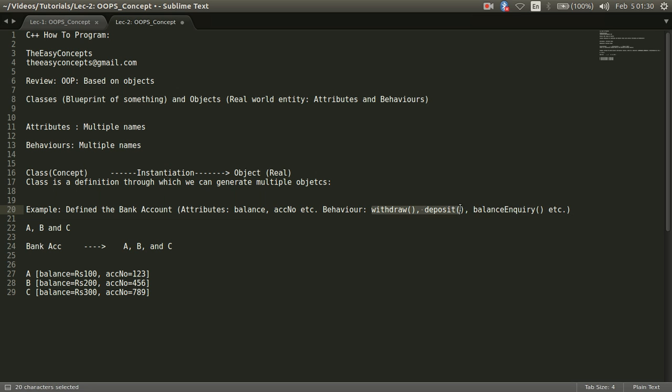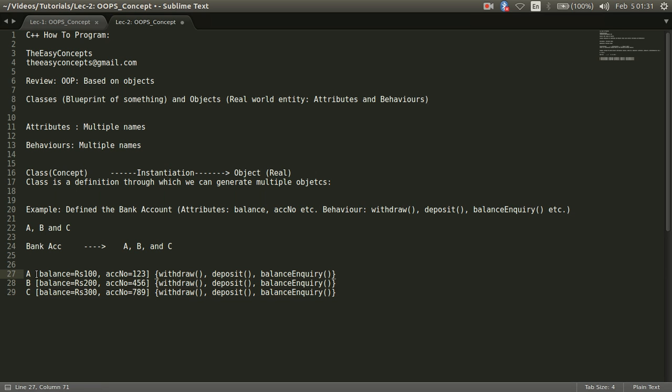But if we see the behavior, all these member functions or behaviors will be the same in every object.